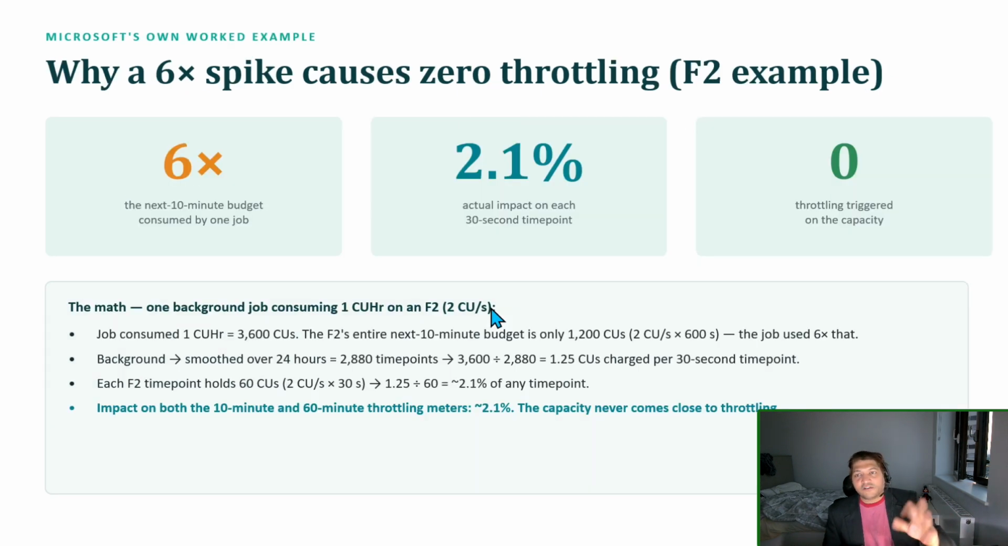For example, Microsoft has provided an example of why spikes cause zero throttling. Say I have one particular job. This is consuming 3600 CUs. Now the F2's budget is this much, and the job has already used 6x. Now background has smoothed over a period of time, so it basically charges the CU in that duration, and later on it is just charged 2.1. So that means the impact is higher, but the capacity doesn't come down to throttling because it averages out